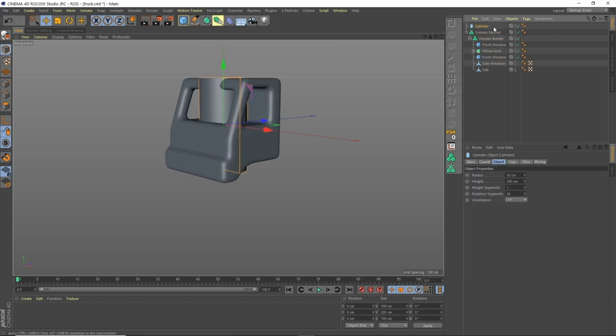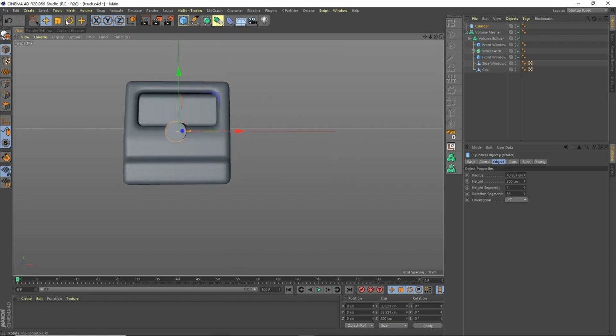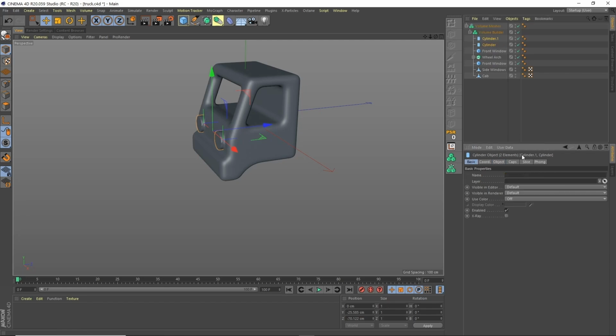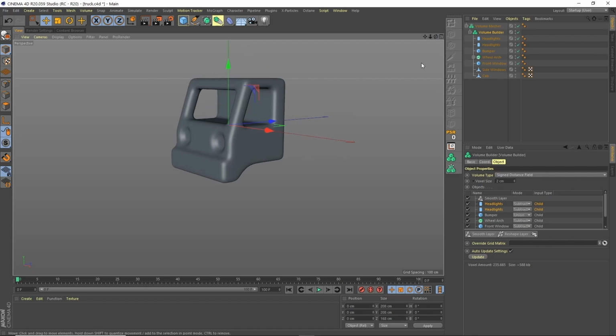Let's bring in a cylinder, put this in +Z, make this smaller, look from the front, and let's put one here. Let's put this in -60, and these don't need to be so huge, so let's just make this 20. So let's put those in, and we'll rename these headlights, just to keep track of everything. Okay, and what we want to do is subtract both of those,